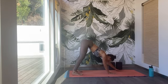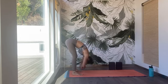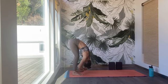Walk your hands all the way back to your feet. Come on into a ragdoll position, Uttanasana. Grabbing onto opposite elbows, allowing the crown of the head to melt down towards the earth. Shifting the body weight into your toe mounts. Maybe closing the eyes to really feel that nice opening through the vertebrae, through the lower spine, through the